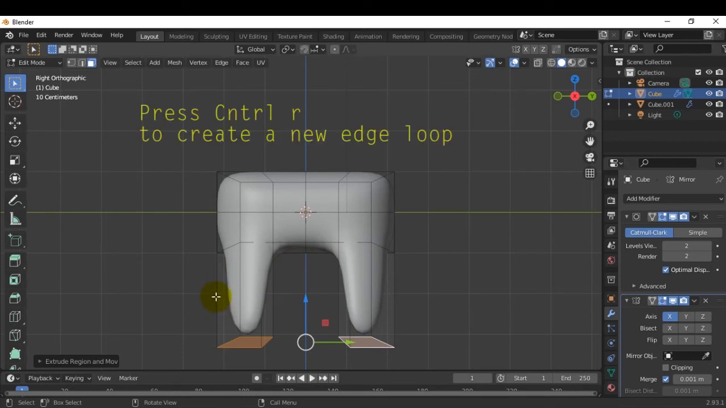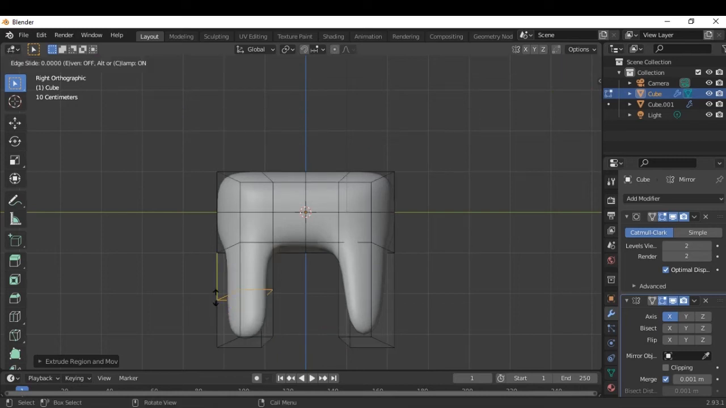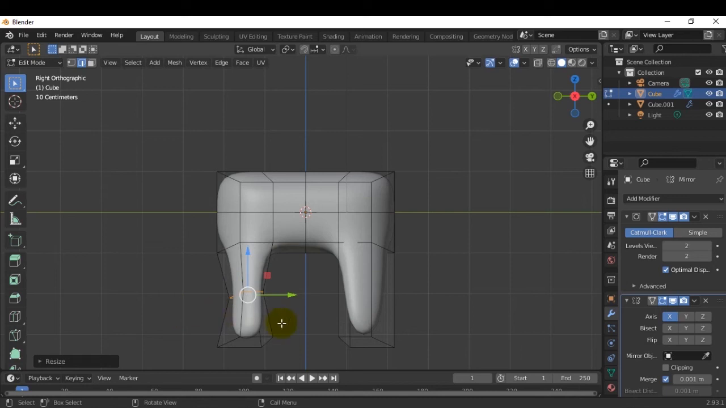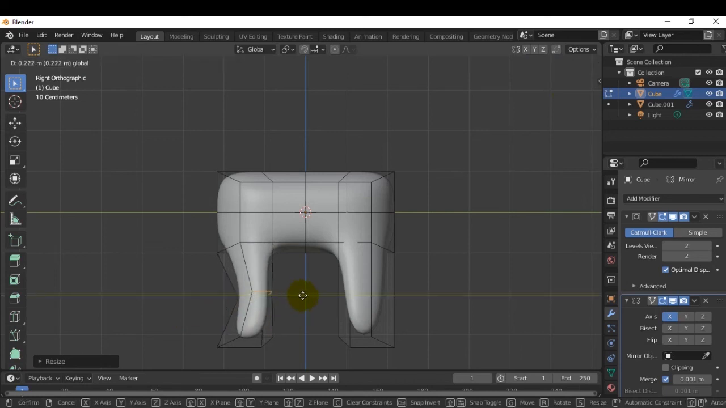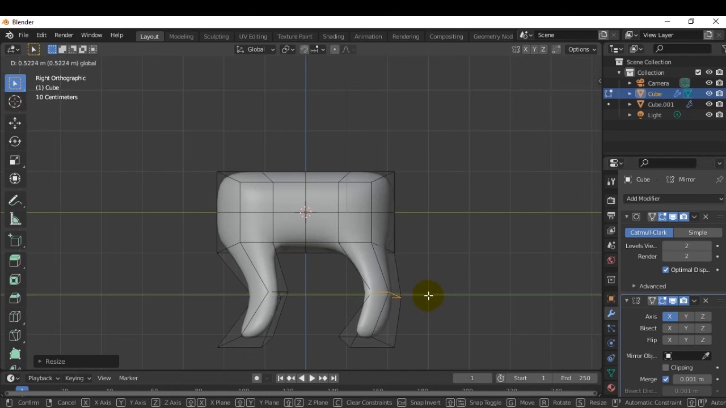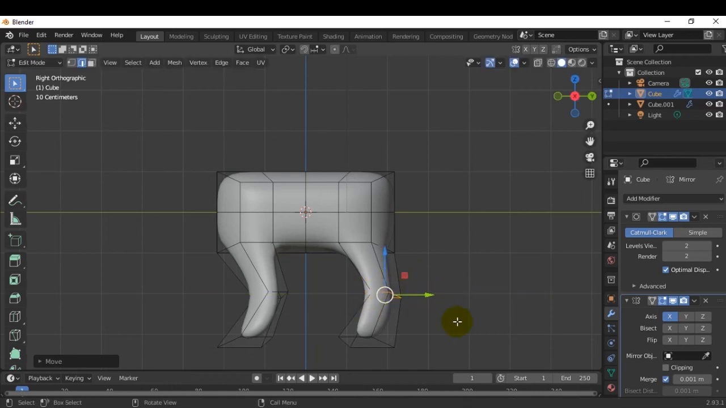Press Ctrl R and left click, then right click, then scale it a little, left click, and then click and drag this green arrow, move back like so. Then do the same for the other side here. So place your mouse cursor here, press Ctrl R, left click, right click, press S, scale it down, click and drag the green arrow backward. Okay, if it's too small, you can always scale it back